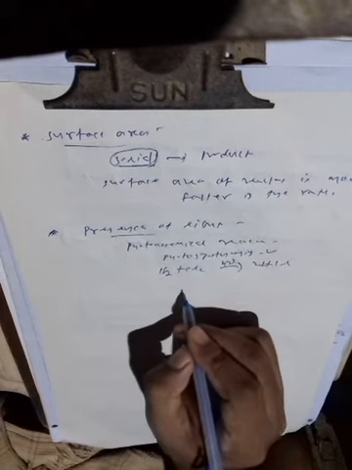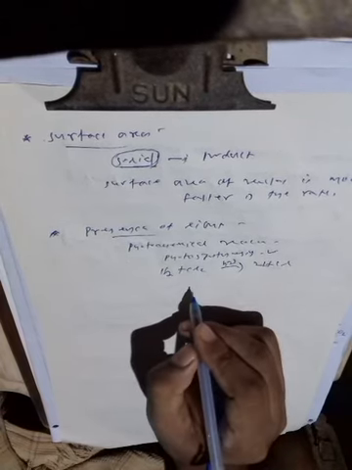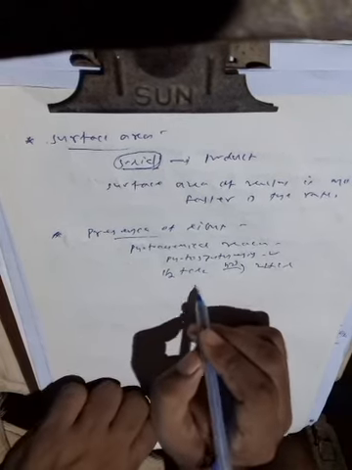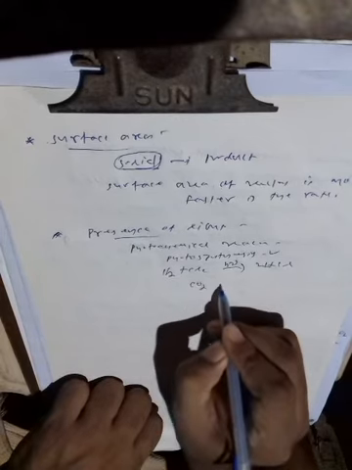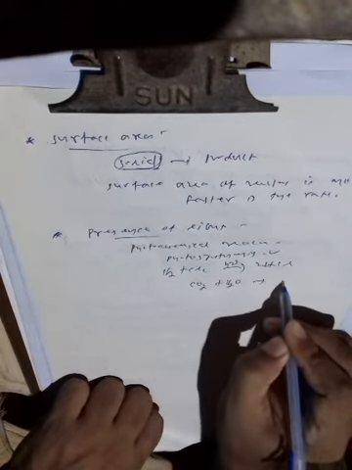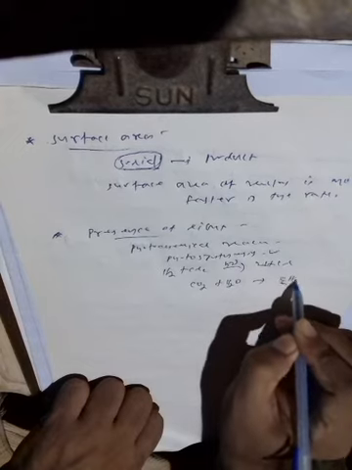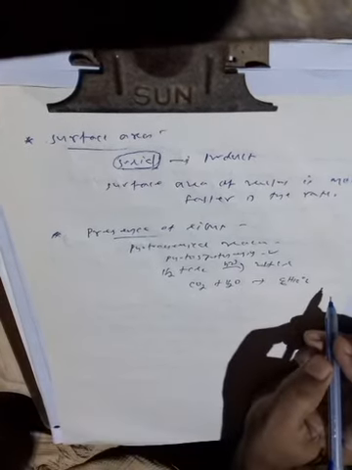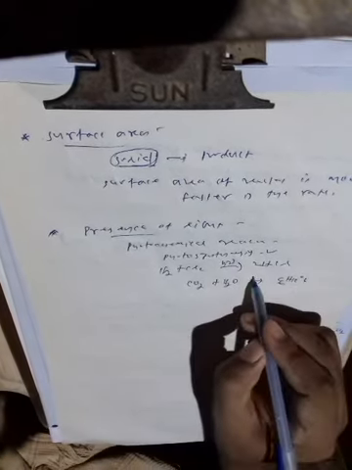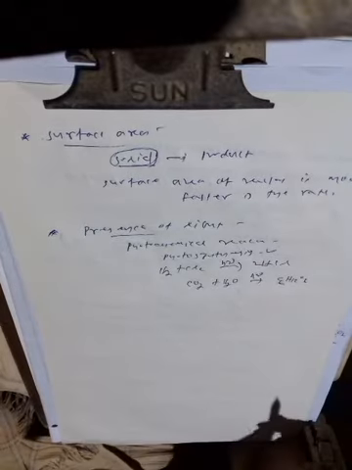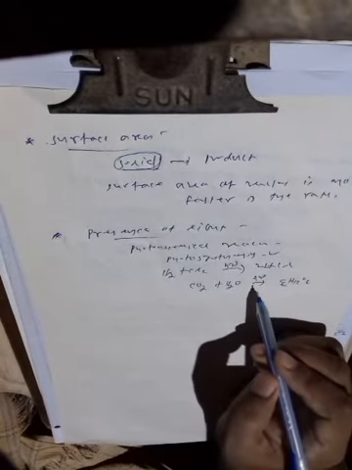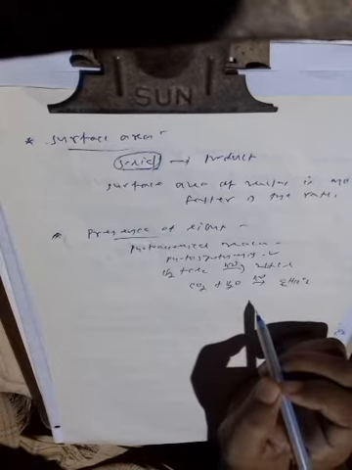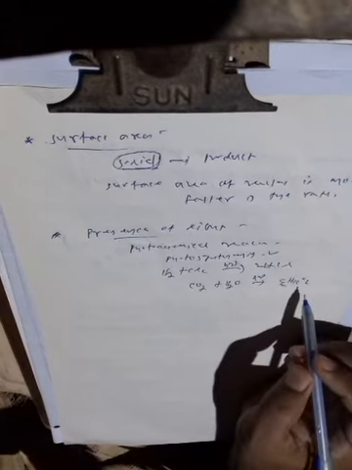Photosynthesis: what happens there? Carbon dioxide and water form glucose, C6H12O6. In the photosynthesis reaction, in the absence of light, the reaction doesn't occur. So for this reaction, light is the essential factor.